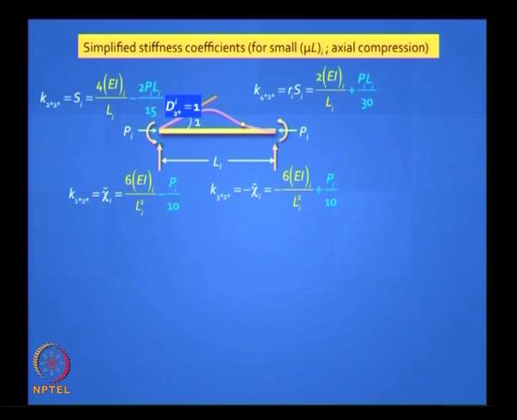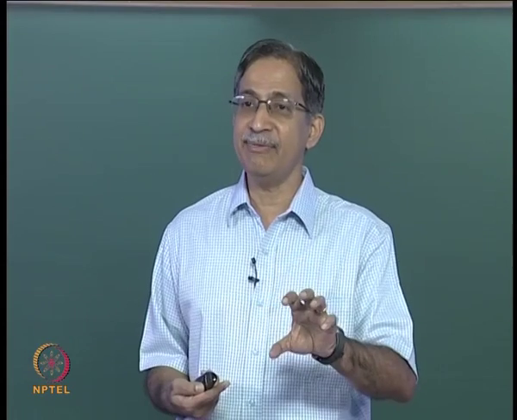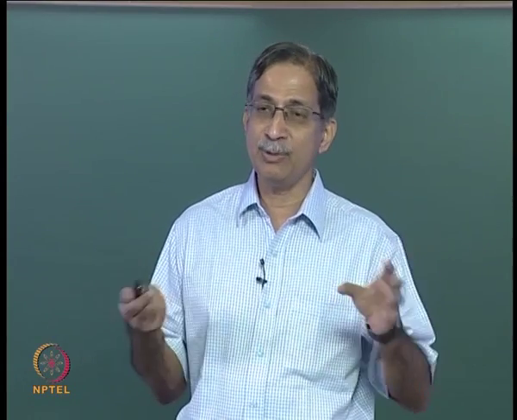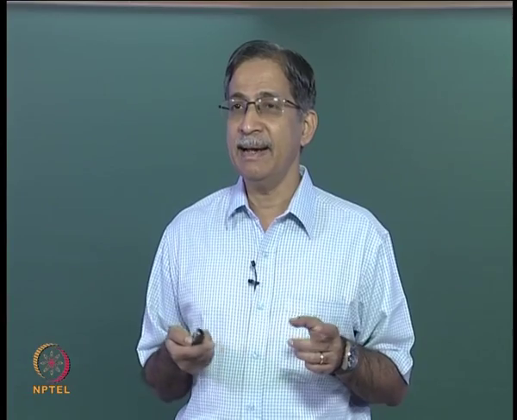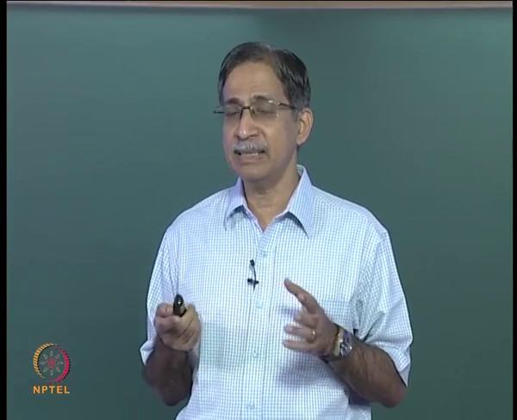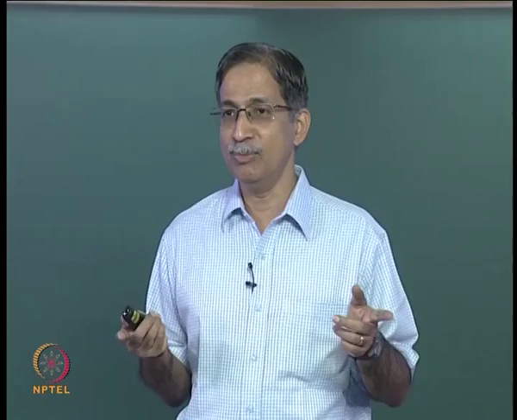So that term is minus 2 PL by 15, and the carryover moment on the other side, which is normally 2 EI by L, gets actually increased by a small quantity PL by 30. The assumption is P is constant and you know its value. So you can actually modify the stiffness if you know P. You have an absolute measure of stiffness, and the vertical reactions are easily obtainable from these two moment terms.